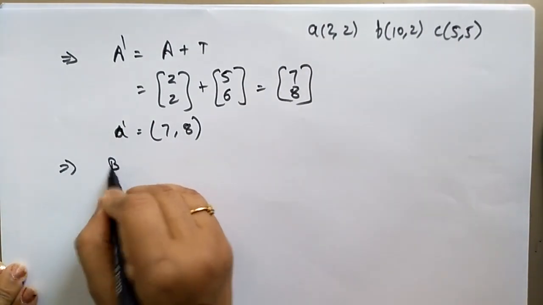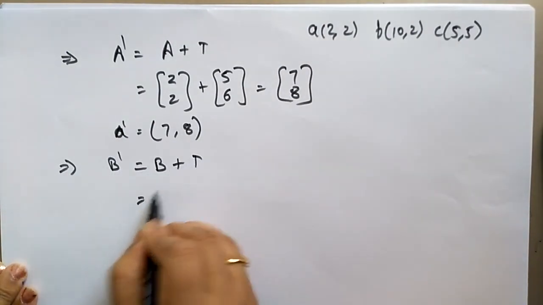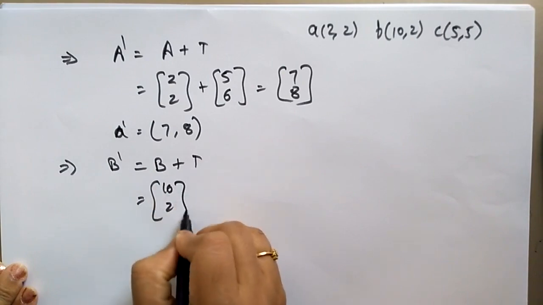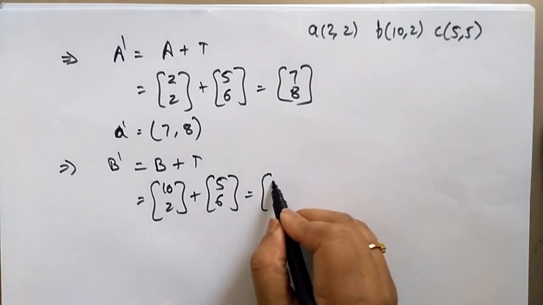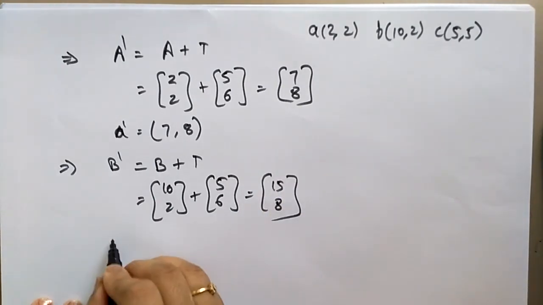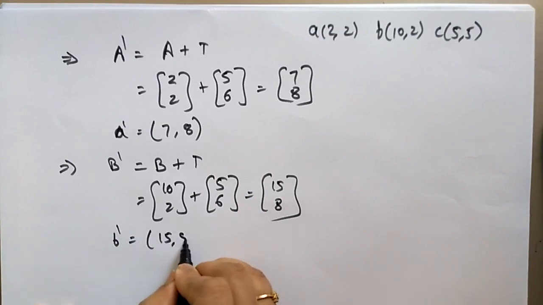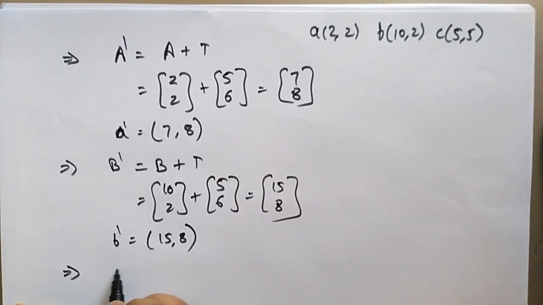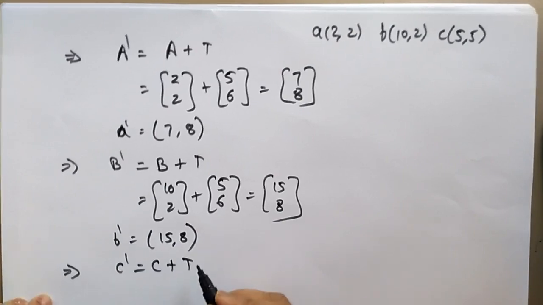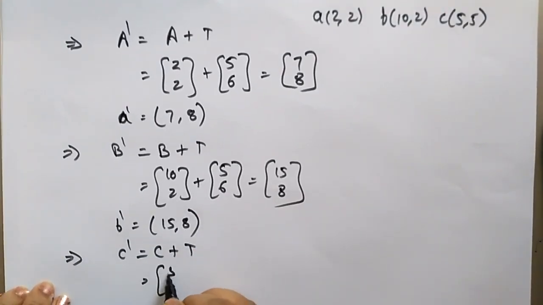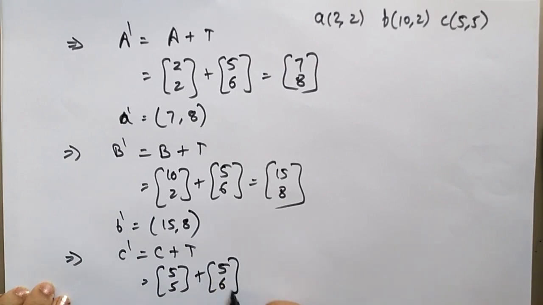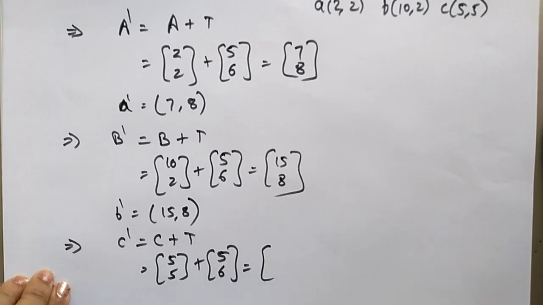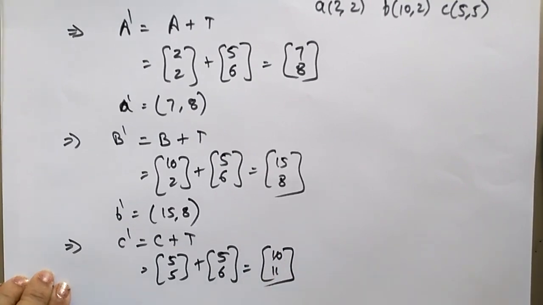In the same way, B dash is equal to B plus T. So what are the B coordinates? 10, 2 and dx and dy 5, 6. You will get the coordinates as 15, 8. So B dash is equal to 15, 8. These are the new coordinates. And C dash is equal to C plus T. Okay, what are the C coordinates? 5, 5, x, y and dx, dy 5, 6. Okay, so you will get the new coordinates 10, 11. So C dash is equal to 10, 11. Now